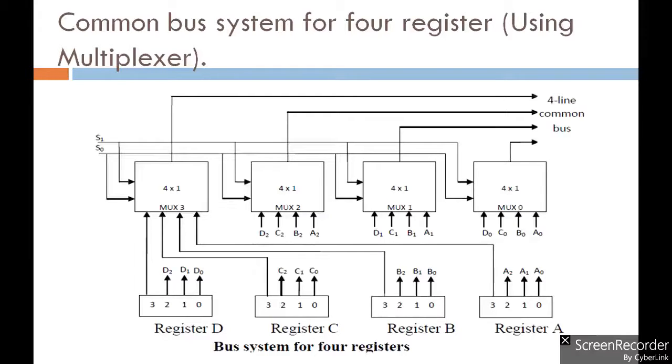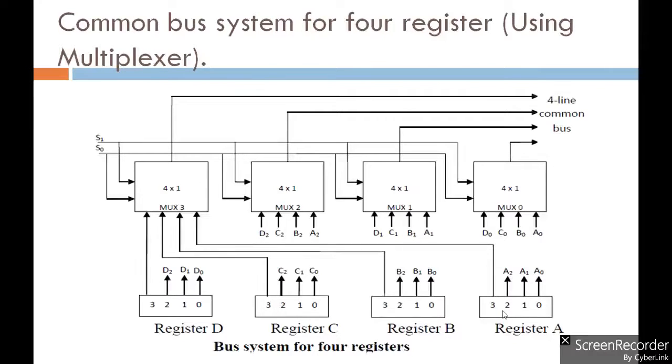That means each and every register's size is 4 bit. The size of multiplexer depends on how many registers there are, and how many multiplexers will be used in the system depends on the size of the register.